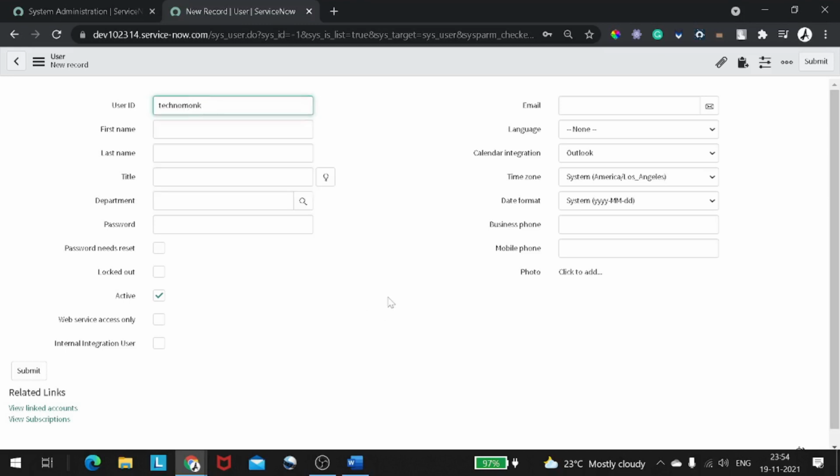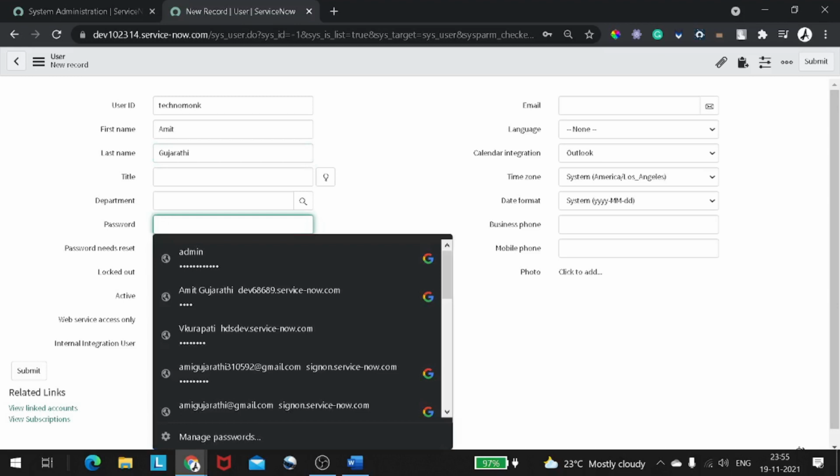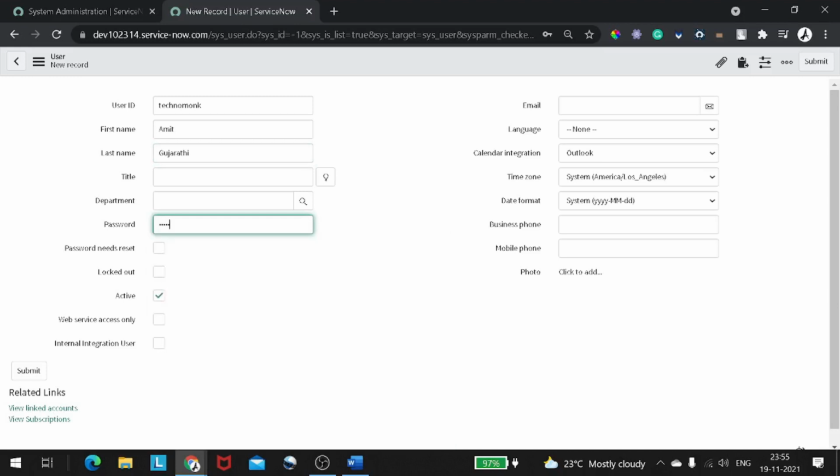Then we have the fields first name and last name, so I can give Ahmed Gujarati. Now you can give the title of that particular user, which department the user belongs to, and a password. I will give the password as 12345. We have a checkbox called Password needs reset.